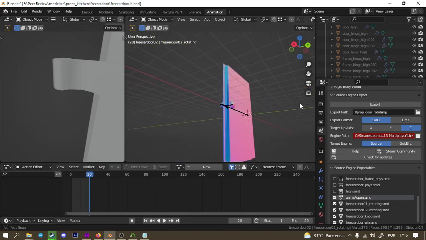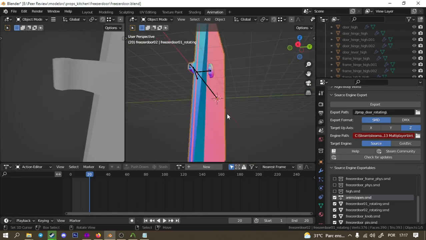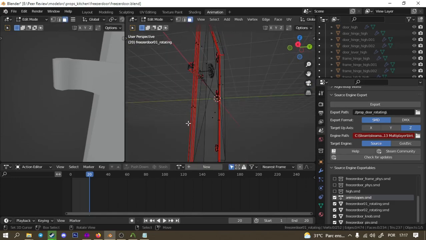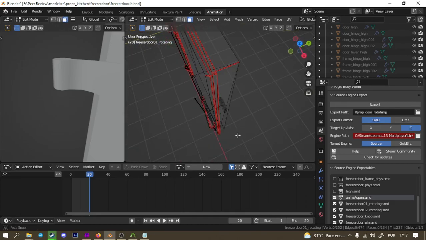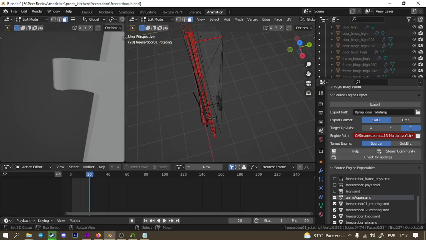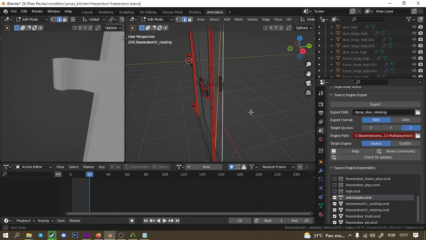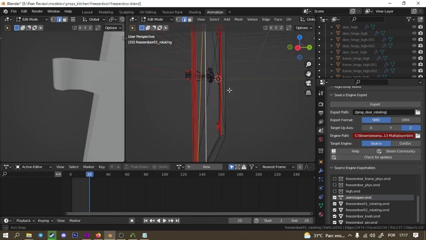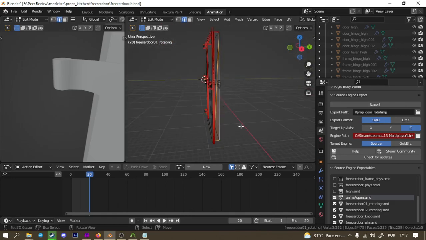Not a problem. No, okay, here it has an inverted normal, it seems like. Wait, it... Chris, did you just forget a face? Really? What? Okay, so